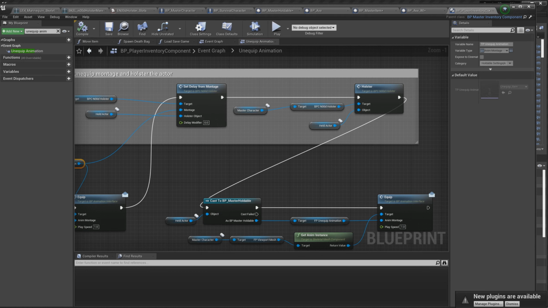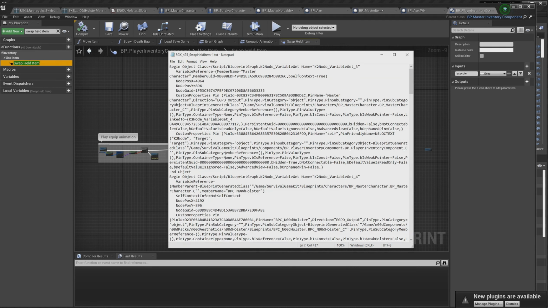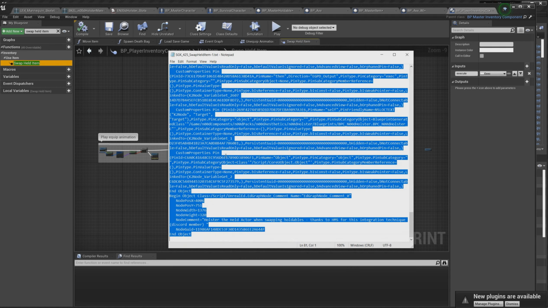Then we've got our swap held item. There. So you want this swap held item, double click on that. Once again, you should have the download for this one. So if we bring up swap held item, I hope I got that one. Yep, swap held item. Control A, Control C,